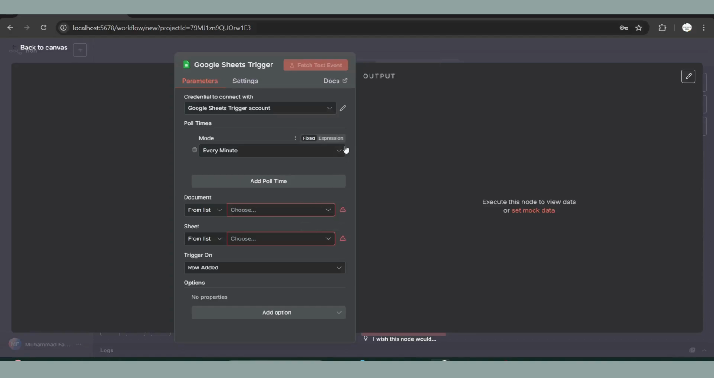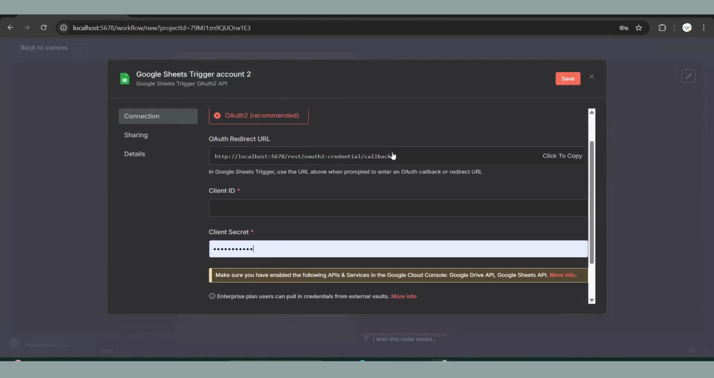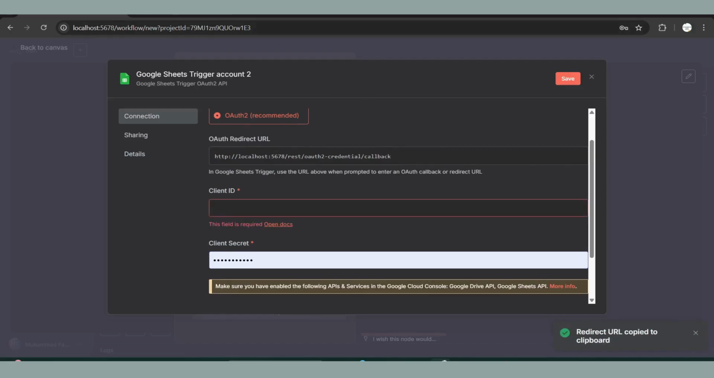Here you can see it's showing me this screen because I'm already logged in. If you are not logged in, it will show you this screen instead of that screen. And here you can see it's asking for client ID and secret ID, and it provides you the redirect URL. So you simply have to copy this URL and you have to go to